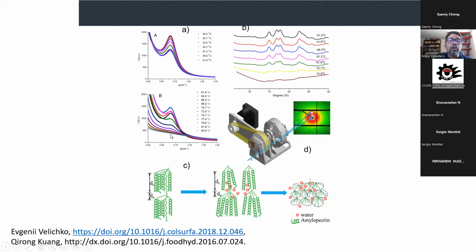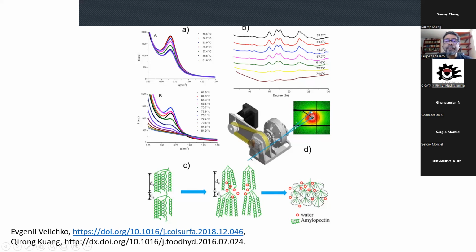scattering diffractogram. They are usually plotted in terms of inverse nanometers. Here, analyzing this, you can observe how the structure of amylopectin, that is one of the polymers in starch, is changed when you add water. So adding water disrupts the structure of amylopectin, and after becoming a linear chain, they become these circular crystallites. Yes, so SAXS is very good to observe macromolecular entities, and this is an example of in situ diffraction,